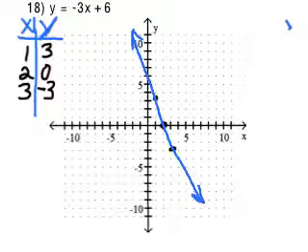Crap. I don't know why it's not writing. There it is. Okay, so